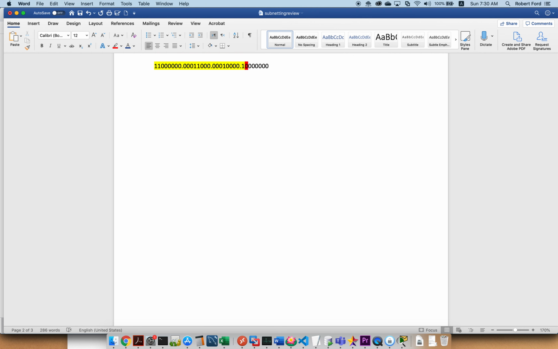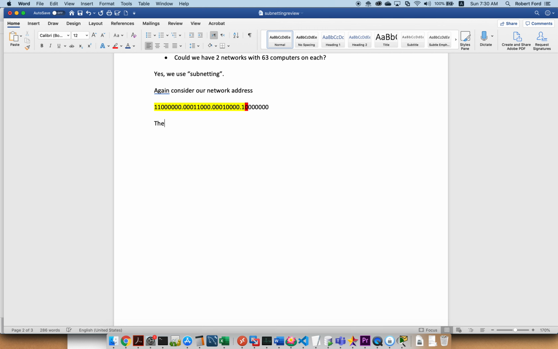Sorry, that's another question for a little bit later. So here's our network address. The yellow part is fixed. We can't change it. The non-yellow is free for our use, but we are going to use the red part